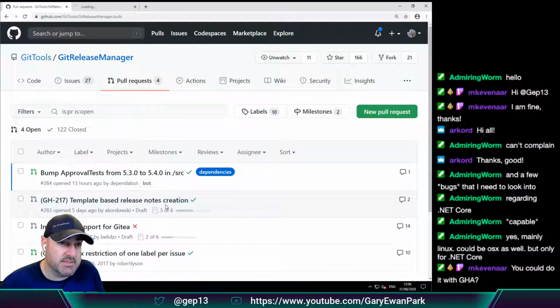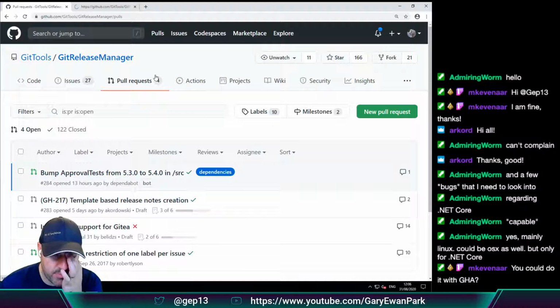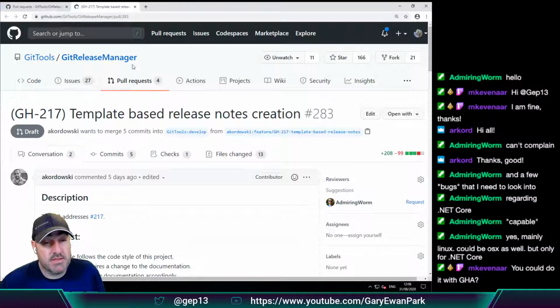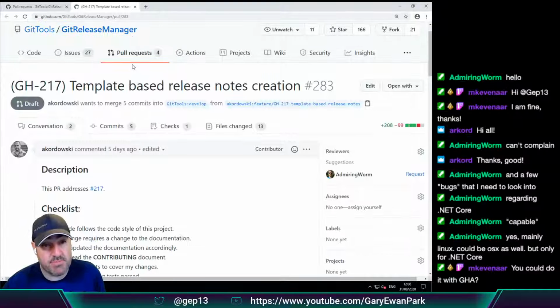So this is the PR that Artur put in, which extends, or starts to extend, GitReleaseManager to have the concept of template-based release notes.